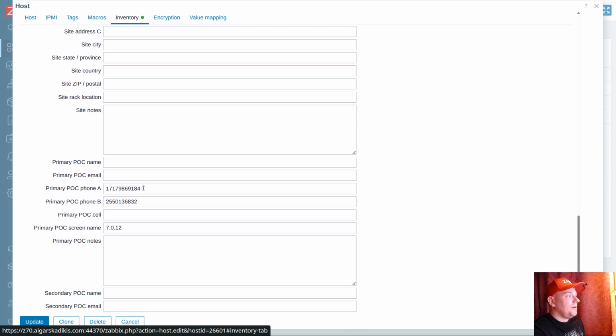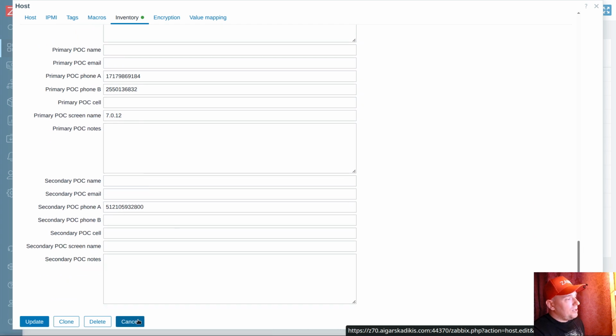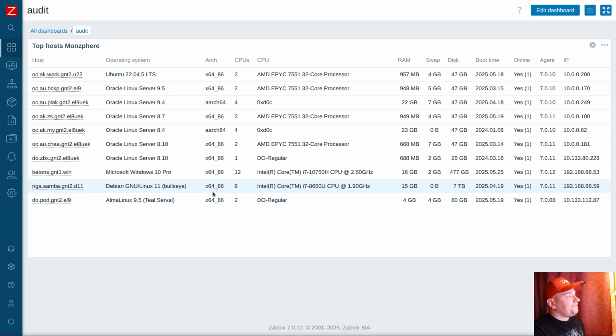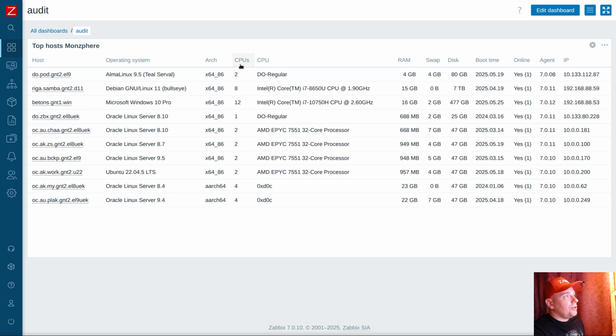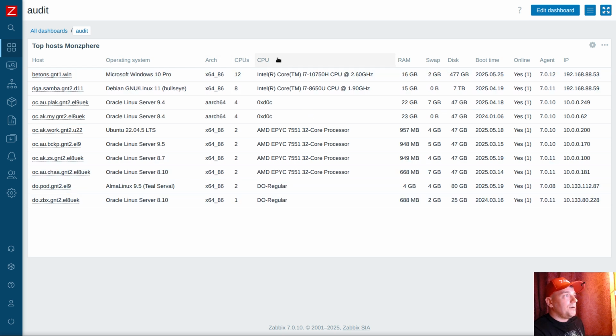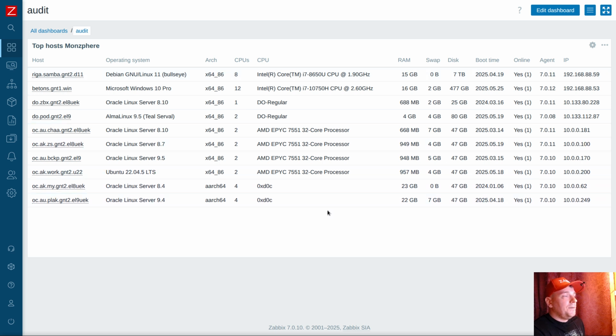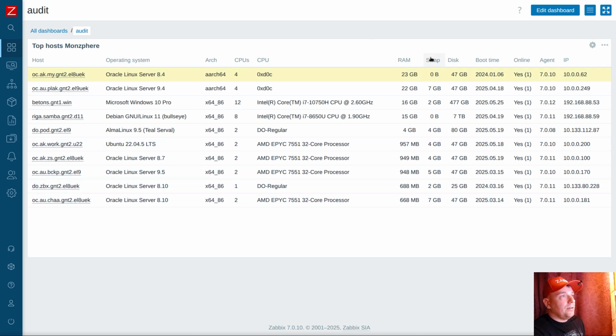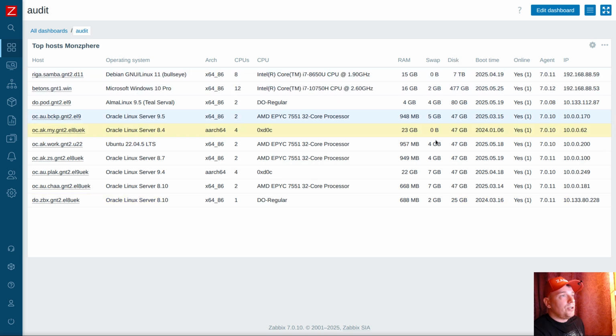They are there. We can choose to keep the Linux and Windows template 24/7, or if we unlink, then it will still work. Here we can sort by operating system, sort by architecture, sort by how many CPUs for server, what kind of CPUs are there. I personally like to implement a mapping here as well for the ARM64 architecture. Sorting by memory, we can see sorting by swap space, which servers or workstations have the biggest disk,